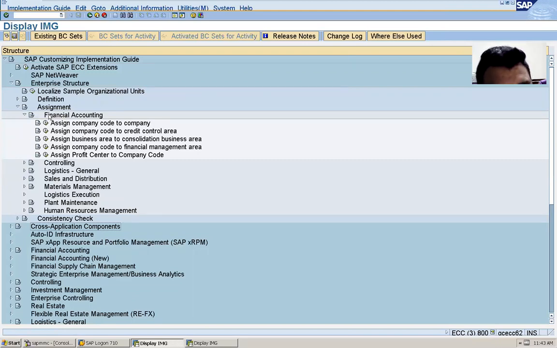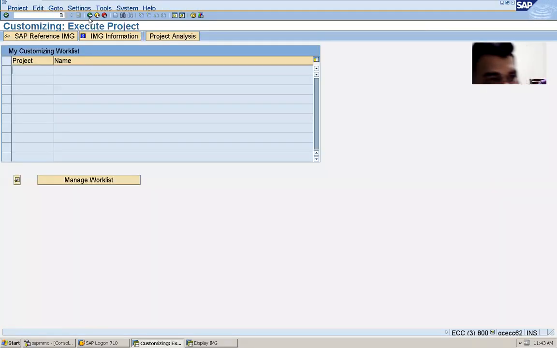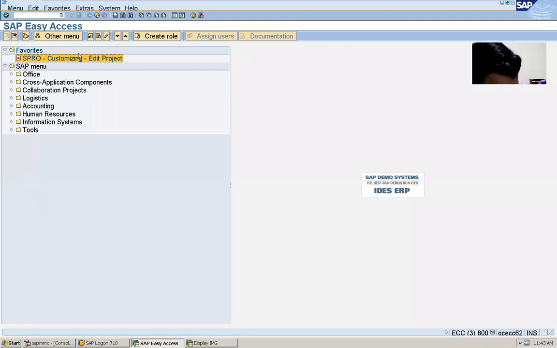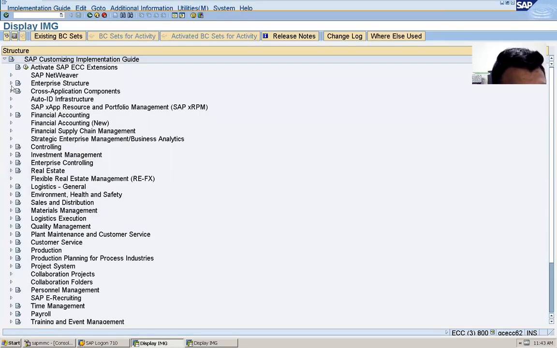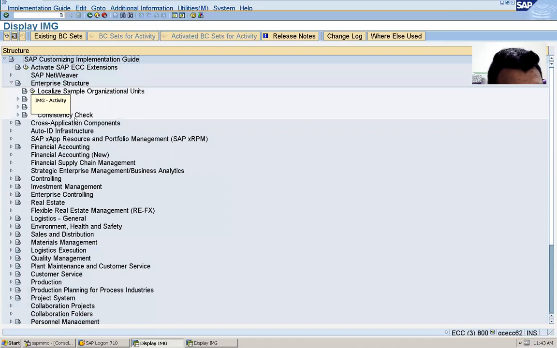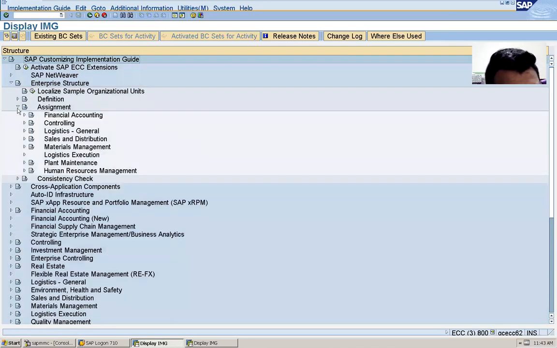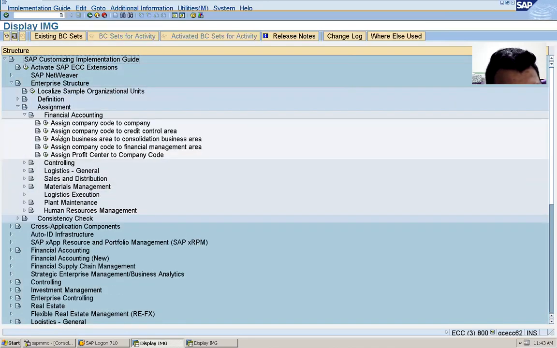I'll show you once more. See, double click on this SPRO, SAP reference IMG. After this enterprise structure, assignment, financial accounting, then assign company code to company. So write down this path.